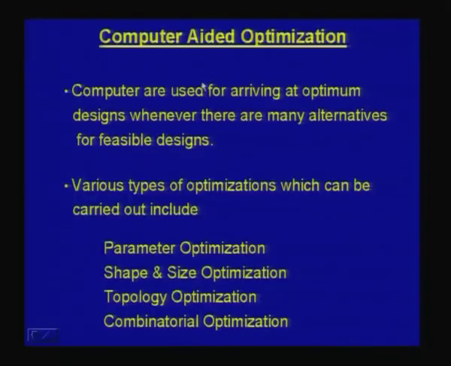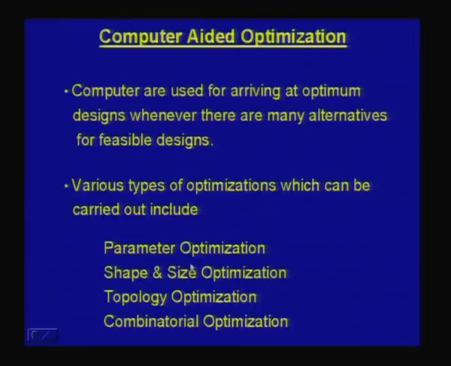So, that is what is basically accomplished in computer aided optimization. As a part of computer aided optimization, one is looking at the design alternatives, that means all the feasible design alternatives, and searching all the feasible region to see which is actually the optimum design which can be selected or finalized. And computers can be used in various ways for design optimization.